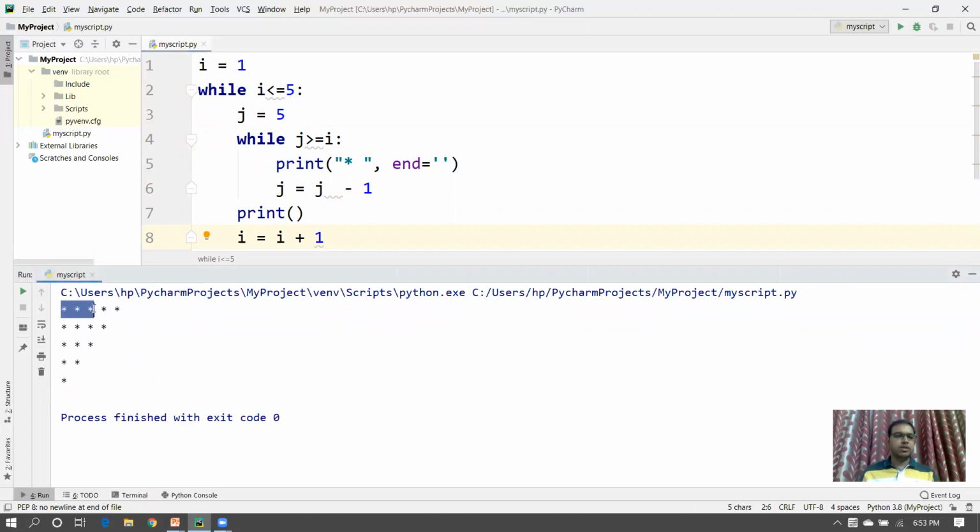5 4 3 2 1, this one. Then again 5 4 3 2, because next time i will be 2. In this case, the row number is 3, so it will start from 5, 5 4 3, and it will start from 5 to 4, so 5 and 4, and it will start from 5 until 5, so j is greater than or equal to 5. We can write this code in this way, like